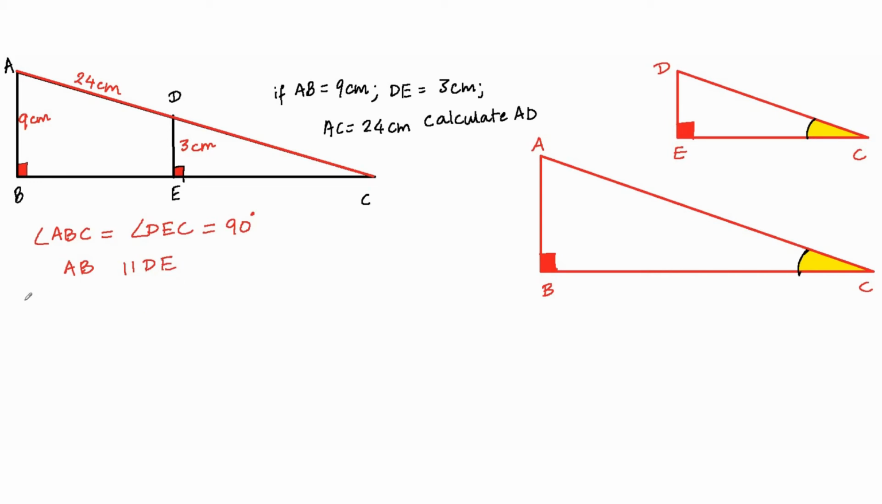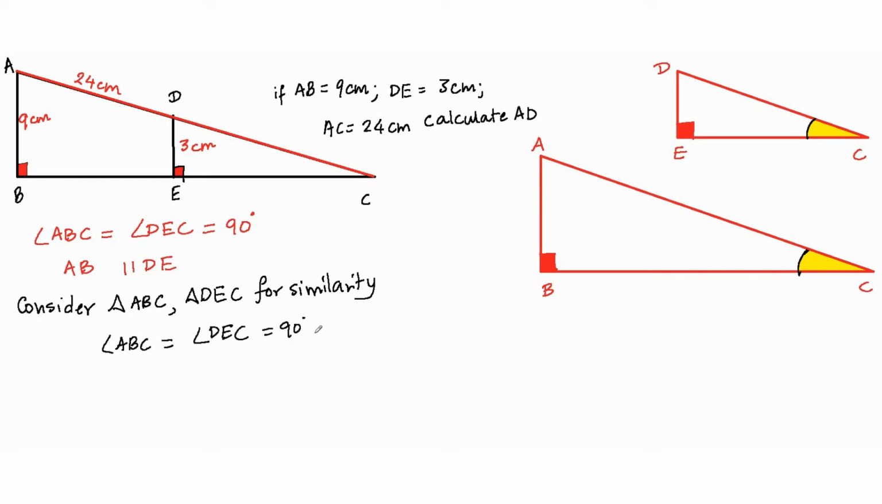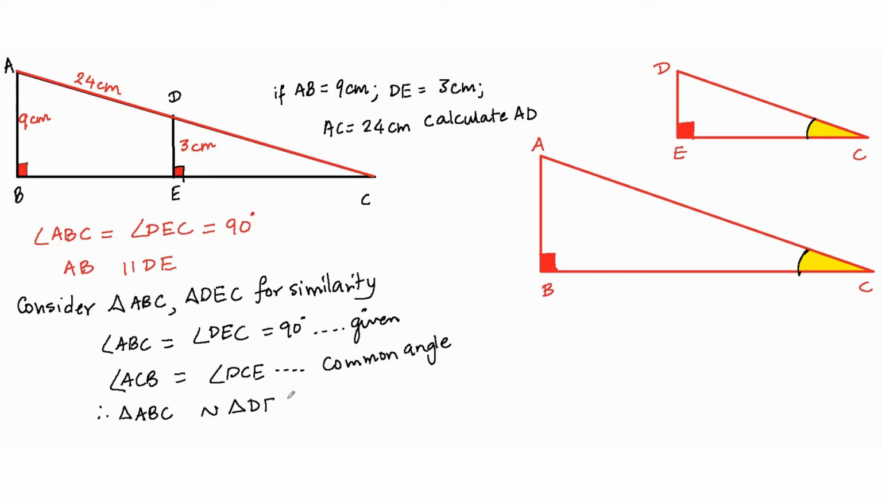So let us quickly write the proof. I can say, consider triangle ABC and triangle DEC for similarity. Let us write the parts which are equal. I know that angle ABC is equal to angle DEC, which is equal to 90 degrees, right? Because that is given to me in the question. And I can say angle ACB is equal to angle DCE because this is the common angle, right? So both these angles are equal, and therefore I can say that triangle ABC is similar to triangle DEC because